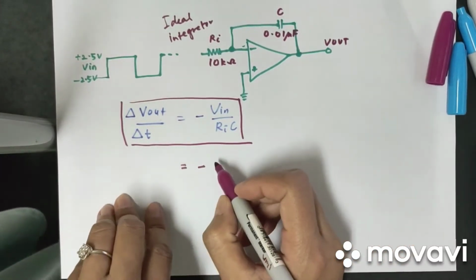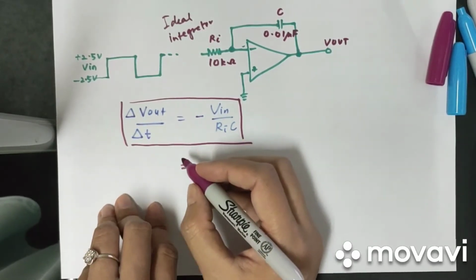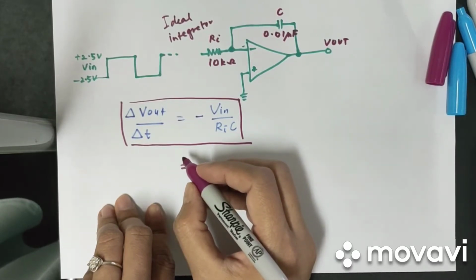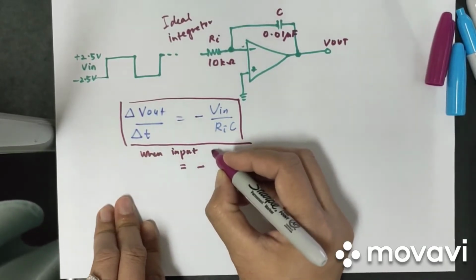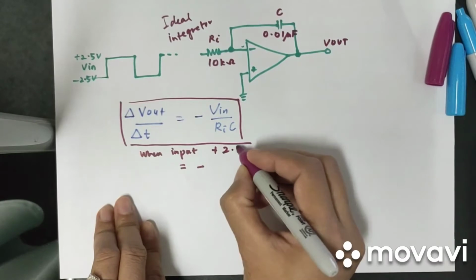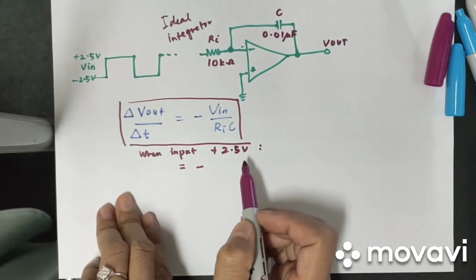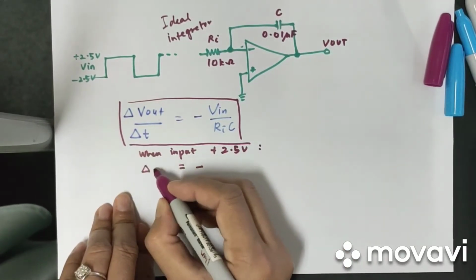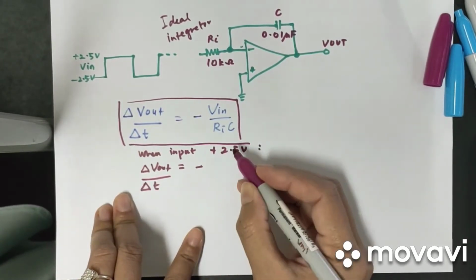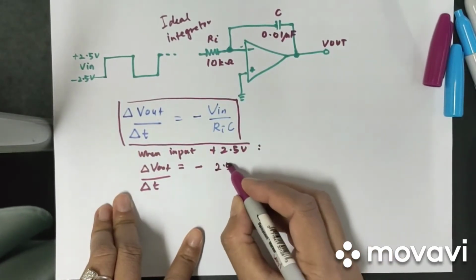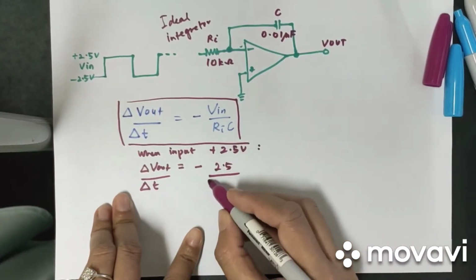So when the input is positive 2.5 volt, which the capacitor is charging, delta V out over delta T equals negative V in 2.5